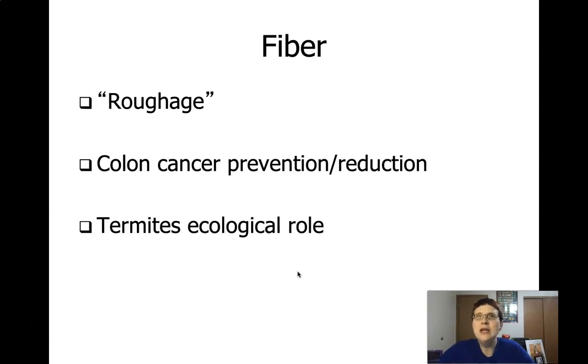So then who can eat fiber? Who can eat cellulose? Well, termites are one of the organisms that can actually eat cellulose and get nutrition out of it, but not because they can digest it, but because they have organisms in their gut that can actually break down the cellulose and extract energy from it. So they chew down the wood and swallow it, and then their gut microbes break it down and feed them the energy, kind of like our gut microbes do for us with some foods.